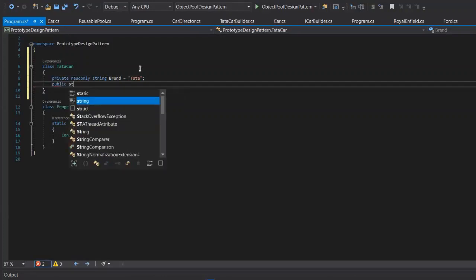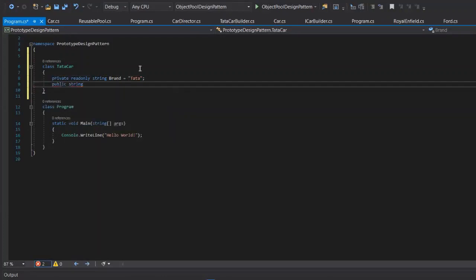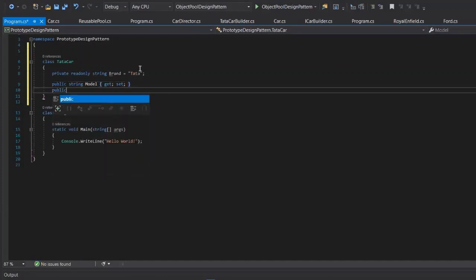Public string, say model. I'll create a getter setter for this one. Public string, say number of doors. Get, set.